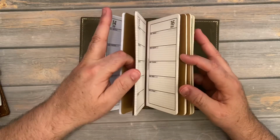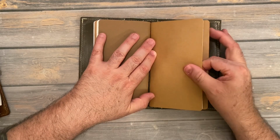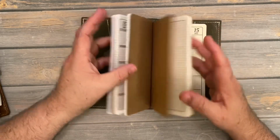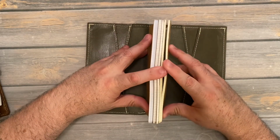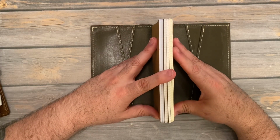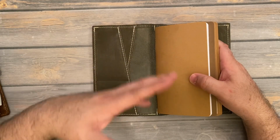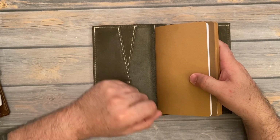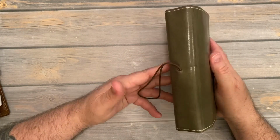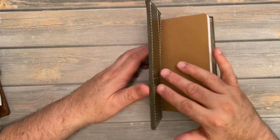And I've wanted to get one of the 5-year journals where it has a little bit of journaling per day. But I didn't want to buy that and have the shipping be more than the cost of the notebook. Also, that is only available in the A6 size. I didn't want to get an A6 because I have this beautiful Foxy Fix Traveler's Notebook cover. So I went to DIYFish's